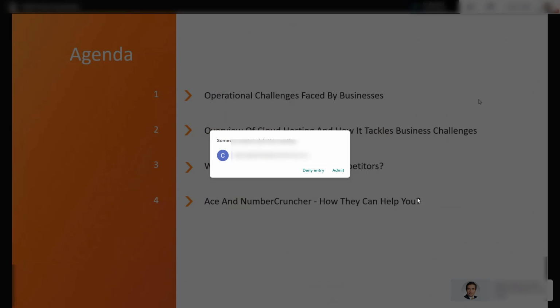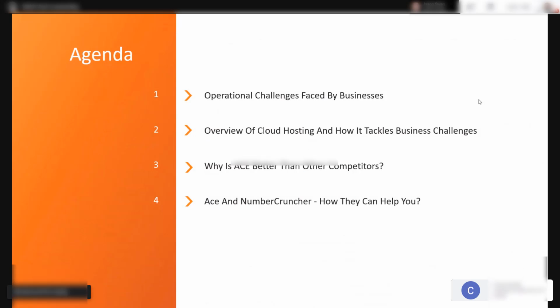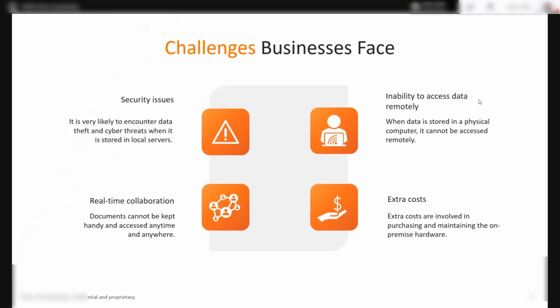Now, speaking about today's agenda, we'll start with the operational challenges faced by businesses and then follow up with the rest of them. Now, coming to the operational challenges, as we know, and as we have studied, we know that there are several challenges